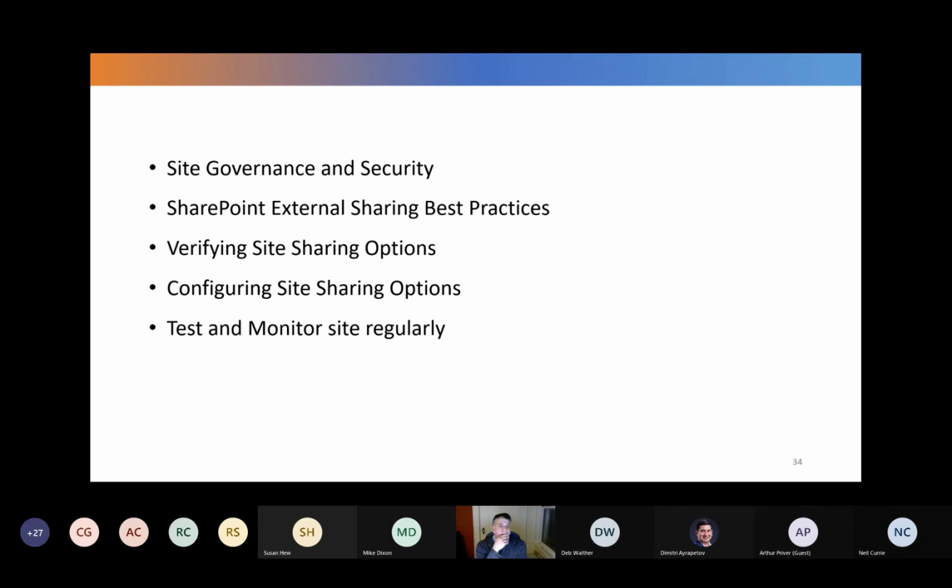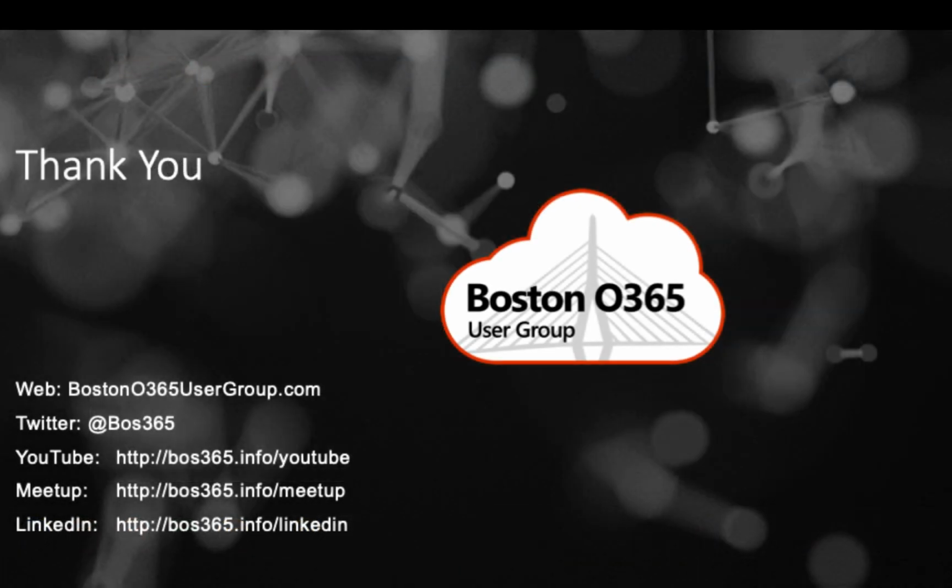And so typically, a lot of this stuff would have been covered by site governance. If you had governance planning, you would go through and review all these settings. And we're so large that I think a smaller company might be able to have templates and have things configured. Or we're just not there yet. SharePoint, there's the best practices. I'm still trying to figure that out. Is it SharePoint? Is it Azure groups? All I can say is really verify your sharing options, look at how to configure the site, and test and monitor it regularly. That's test and QA it, try to train the site owners.